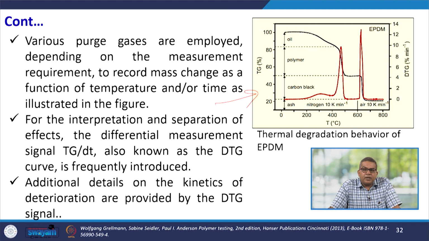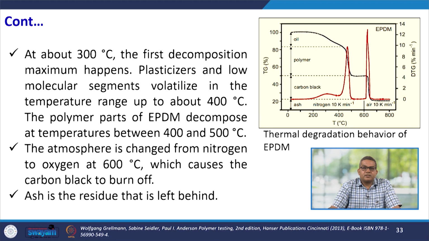For the interpretation and separation of effects, the differential measurement signal, also known as the DTG curve, is frequently introduced, and additional detail on the kinetics of deterioration is provided by the DTG signals. So, at about 300 degrees Celsius, the first decomposition, now here you see that around 300 degrees Celsius, the first